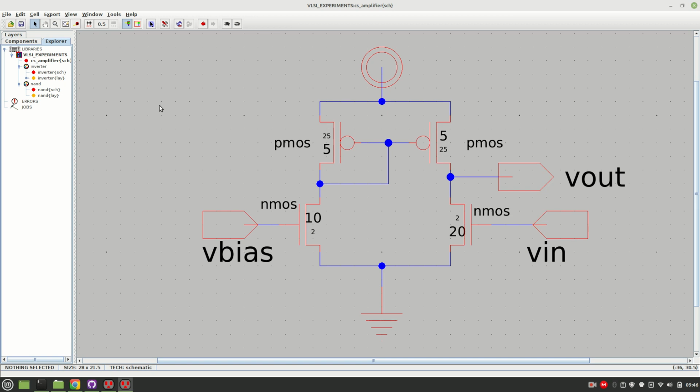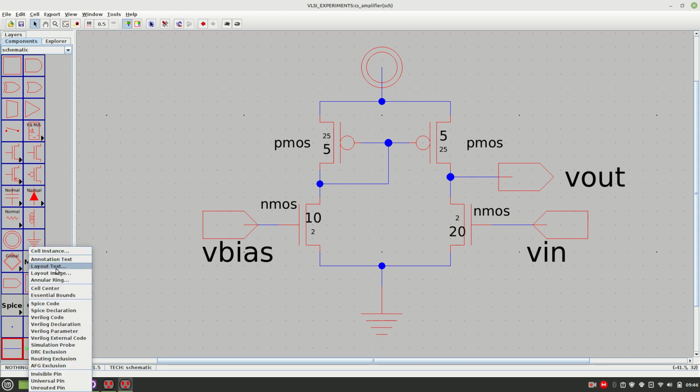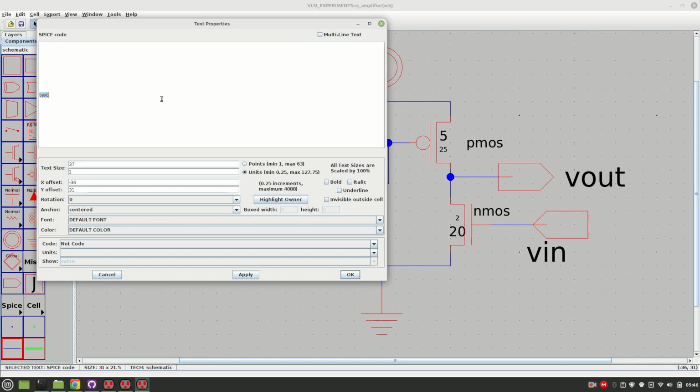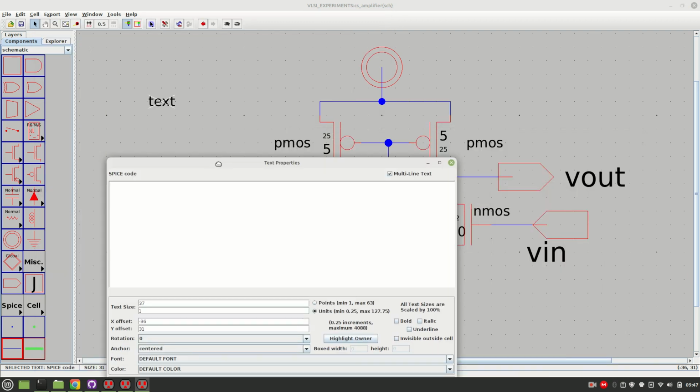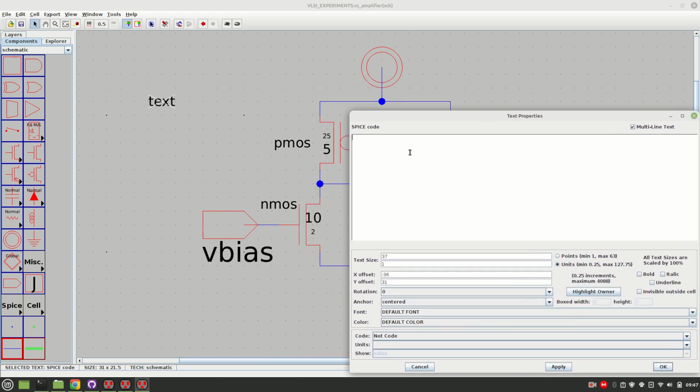So after this we need to write the spice code. So go to components, and go to MISC, and here spice code, and have it over here, and just Control I and click multi-line text, and here first thing we will define all the constant voltage sources that are here. So one is the VDD, so